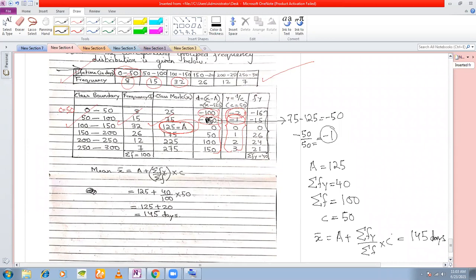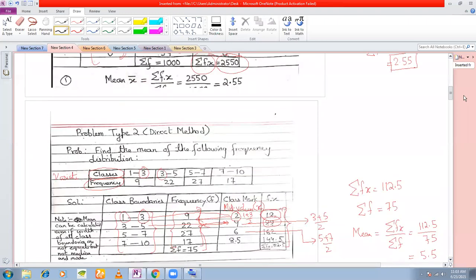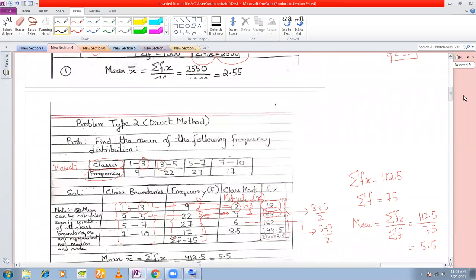That's it. Any question you have from this portion? Whatever problems I have discussed, those are the only types, not the exact problems. The figures will be changed. Those are the only types that you are going to get in your examination. In all these problems, there will be no other variations. If you know all these problems, you know the entire mean. You don't have to do anything else.